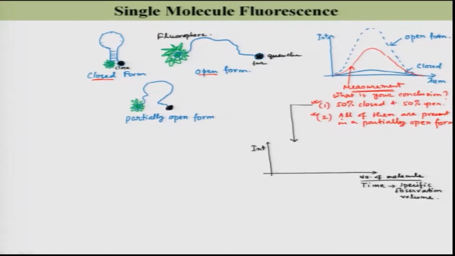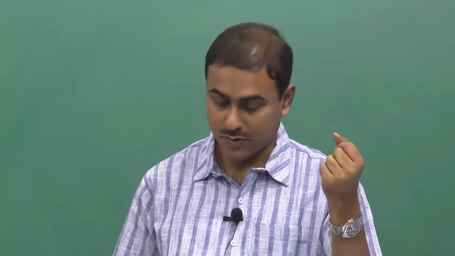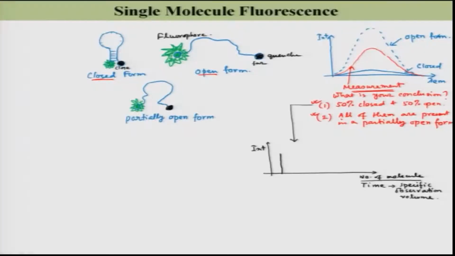You will see the fluorescence intensity is probably 0 because none of the molecules are present inside this observation volume. Then the fluorescence intensity will increase, and then decrease again. Then probably another molecule will enter, and the fluorescence intensity increases. But when the third one enters,